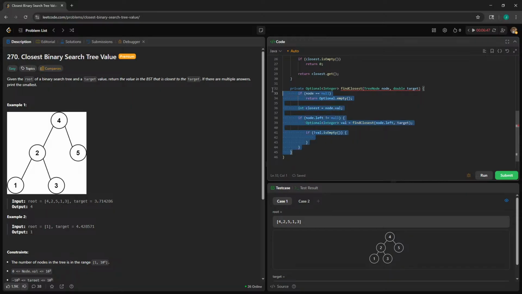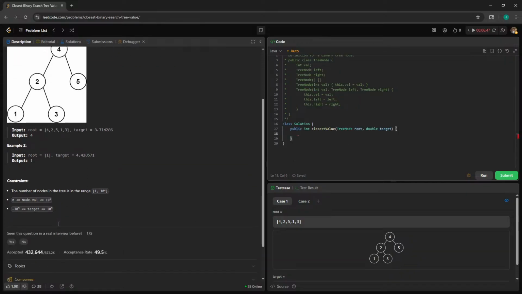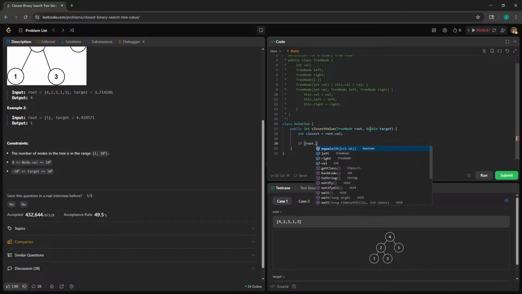It's actually, I'm going to get rid of this. We're going to say, is root going to ever be null? The number of the nodes in the tree is 1 to 10 to the power 4, so it's never null. Okay, that's one check we can leave out. So we're going to say int closest is equal to root.value. Then we'll say if root dot